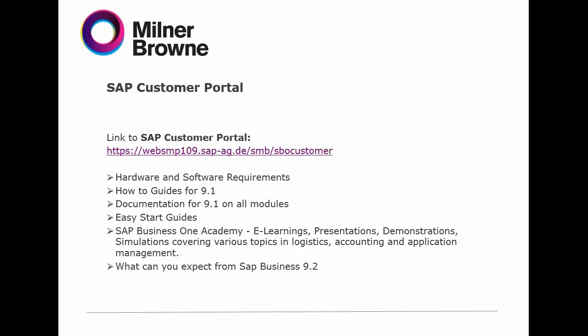Then you've got documentation for all 9.1 modules. So for sales, purchasing, stock, banking, financials, you'll have documentation on those. You can get easy start guides. So that's if you're looking to implement a new SAP module and you haven't had any training or anything. This will give you some tips and tricks on what you need to set up and configure in order to